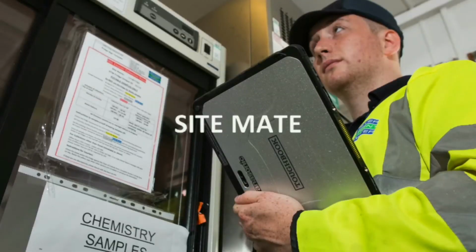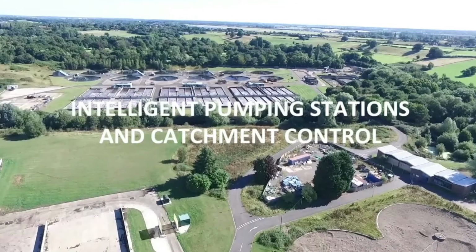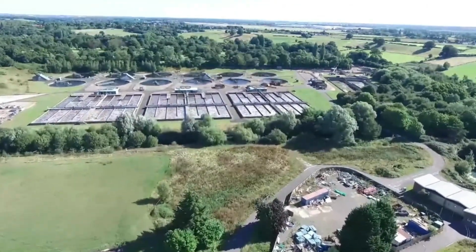Clearly technology is evolving at pace, and we're trying to create a real culture at Severn Trent where we're encouraging not just our colleagues but also our supply chain to bring great ideas to the table, so that we can trial them very quickly and then work out what the return on investment might be. What I'm excited to share with you now is one of those trials. This is about creating an intelligent pumping station, and we have one live in our area at Hopwood Services. We're working with our supply chain, in this case Costain and Fujitsu, to create this intelligent pumping